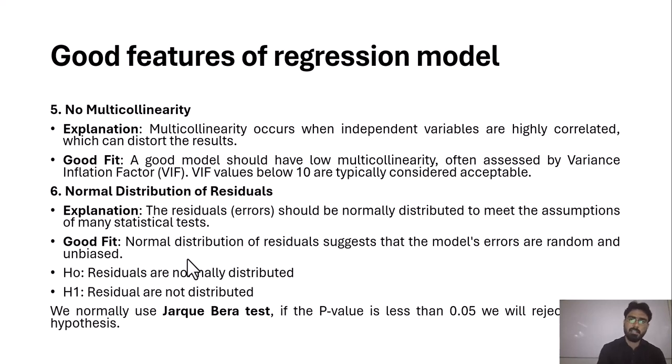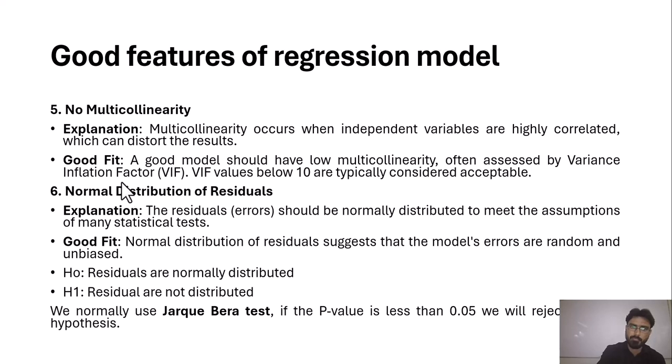So the next thing is that there should be no multicollinearity in your model. Basically, multicollinearity exists in your model when two or more independent variables are affecting each other. So when correlation exists between your independent variables, it means that there is an issue of multicollinearity in your model. Before applying any econometrics model, it is necessary that you remove multicollinearity from your model.